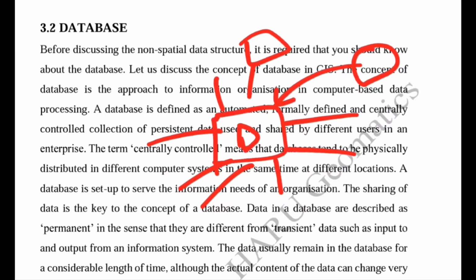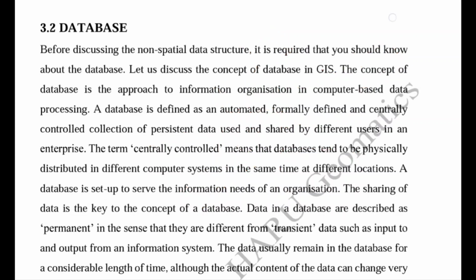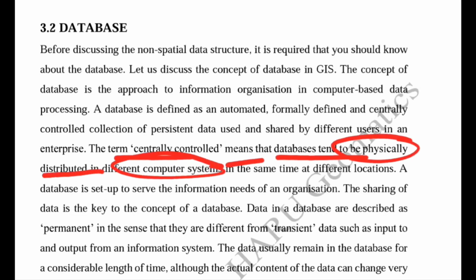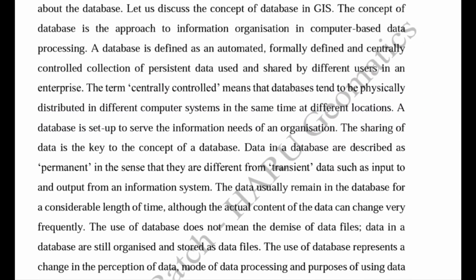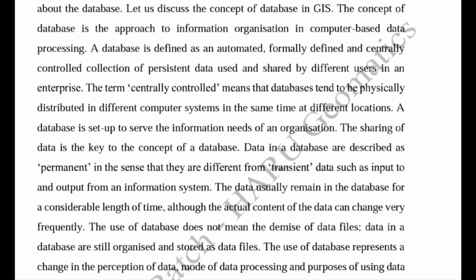So it is centrally controlled. The term centrally controlled means the databases tend to be physically distributed on different computer systems at the same time at different locations. So there is a database, and many computers or different users at the same time at different locations can retrieve the data and process that for the output.